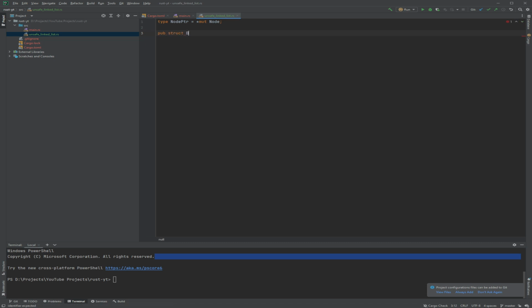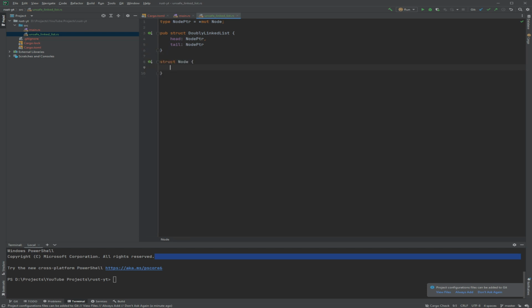So first of all, we have to actually create the list. So I mean, if you have a singly linked list, you can just use a node. You just need one structure node, but we need both the head and the tail. So they're both mutable pointers, and mutable just means that you can reassign the pointers.